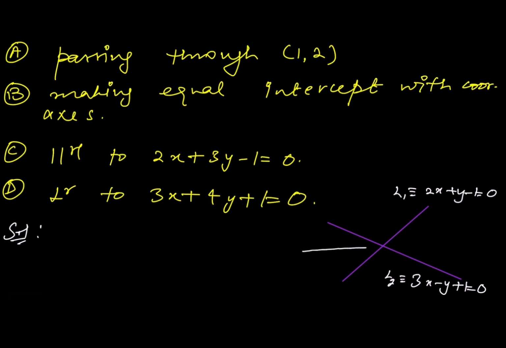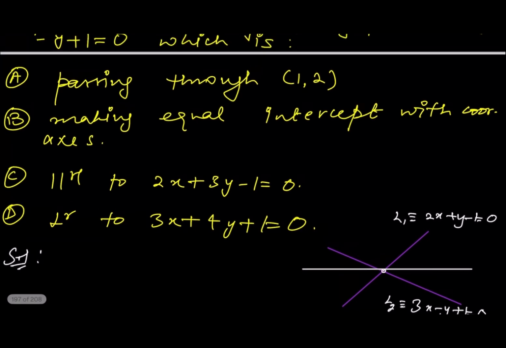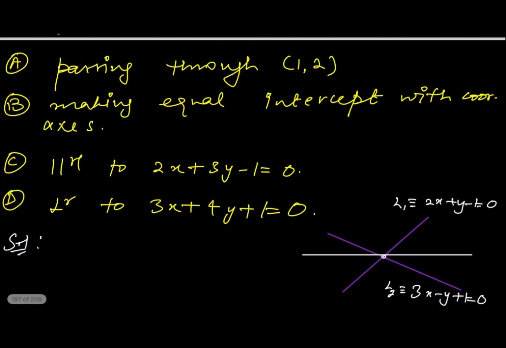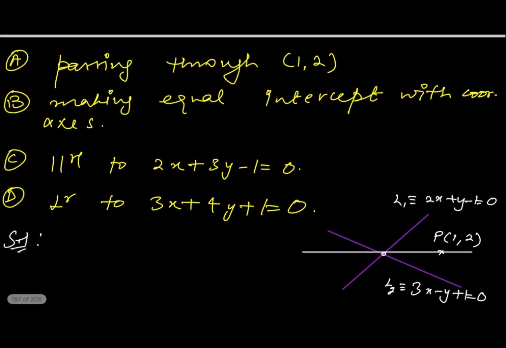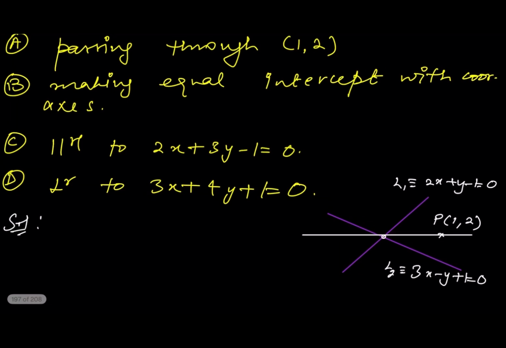So suppose this is the line which is passing through the intersection of L1 and L2, and also it is passing through 1 comma 2. Say this point is 1 comma 2, right? So there are infinite lines, and out of these infinite lines we have to find the equation for these four particular lines, A, B, C, D. Now, any line passing through the intersection of L1 and L2 can be written as,